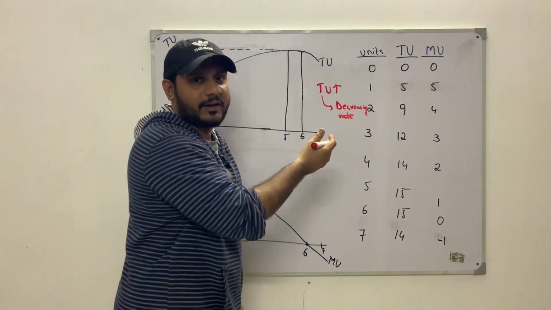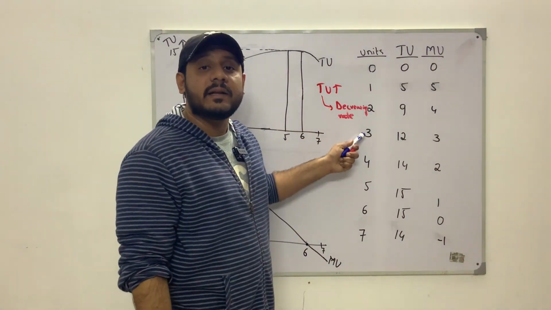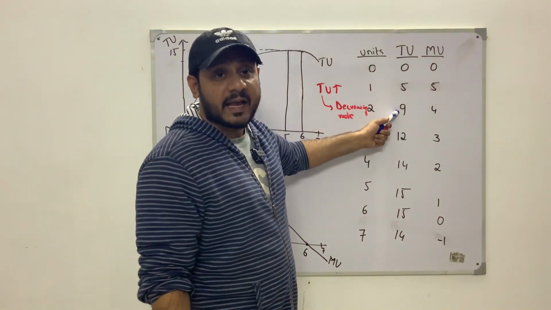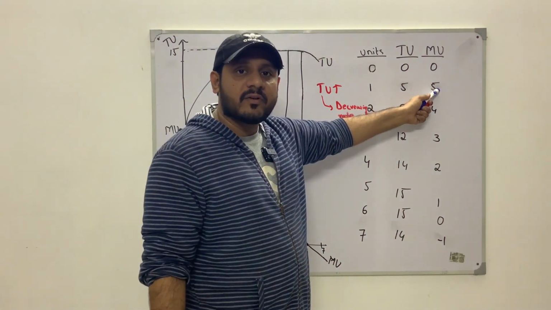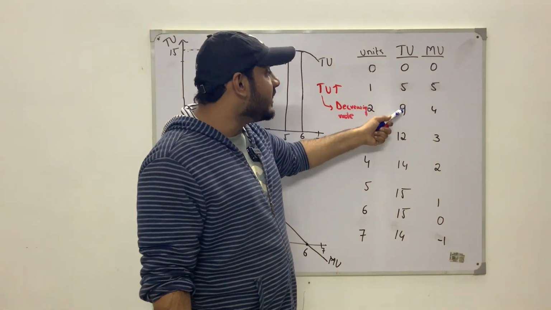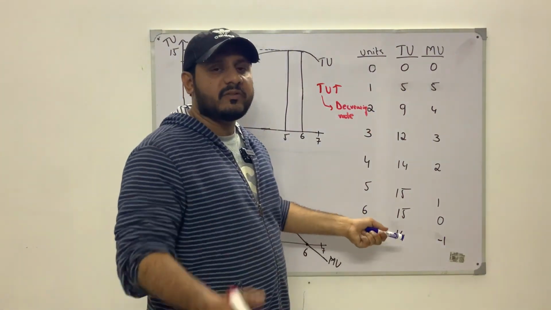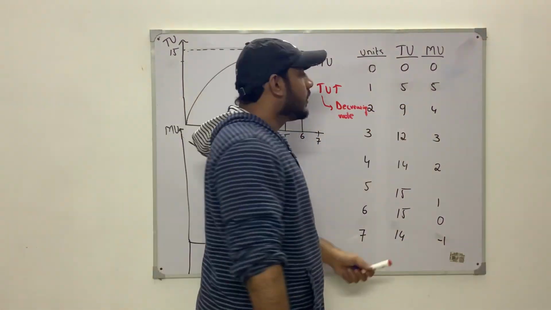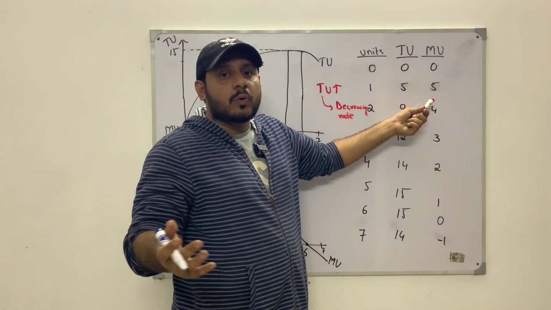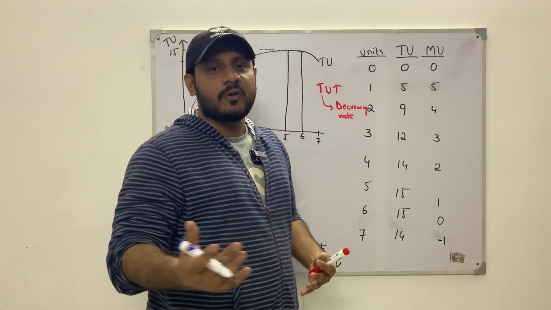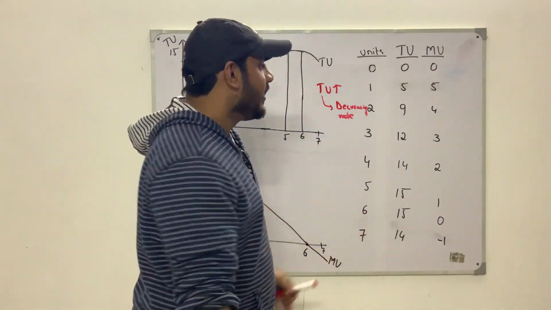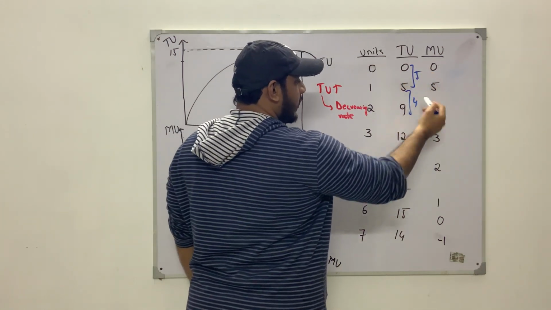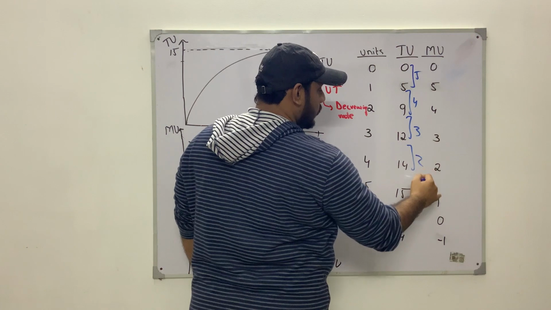So guys, ignore my handwriting. Total utility is increasing at a decreasing rate, right? Because you can see that initially the marginal utility was 5, total utility was 5, then the total utility increases to 9. So from the face of the column, it's telling us that yes, total utility is rising, but the rate of increase is falling. Here you can see that the slope, or the rate at which the total utility is rising, is actually falling. Because initially the utility was rising by 5, then it rises by 4, then by 3, then by 2, and then by 1.